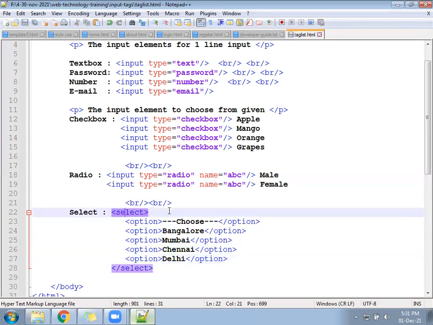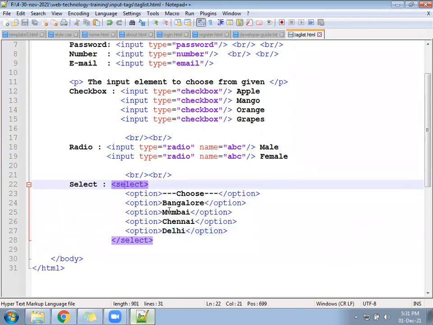Now run the page. Once you click on the box, the drop down will open.